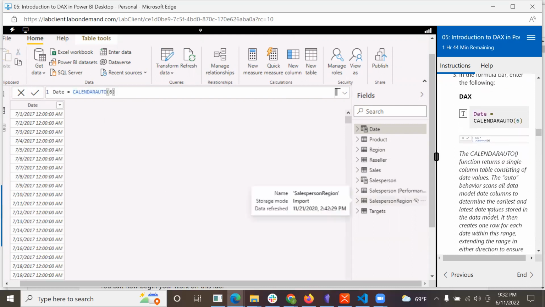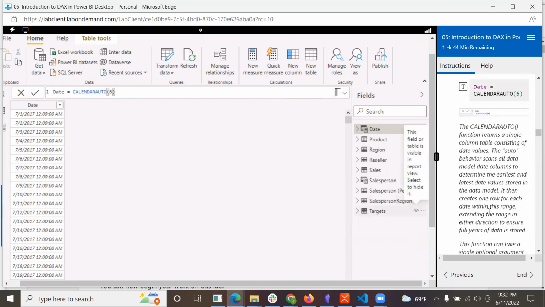The CALENDARAUTO function returns a single column table consisting of date values. The auto behavior scans all data model date columns